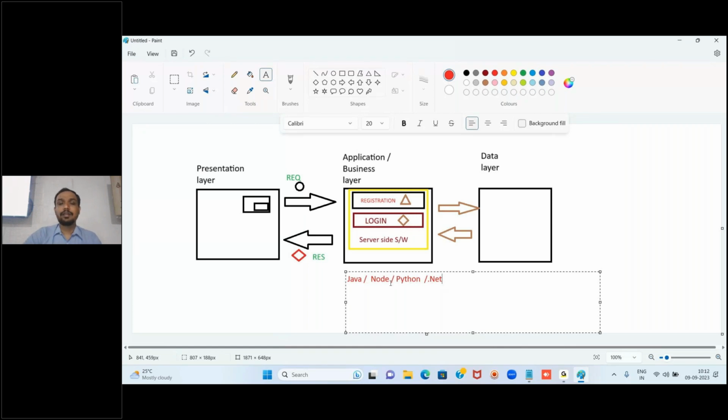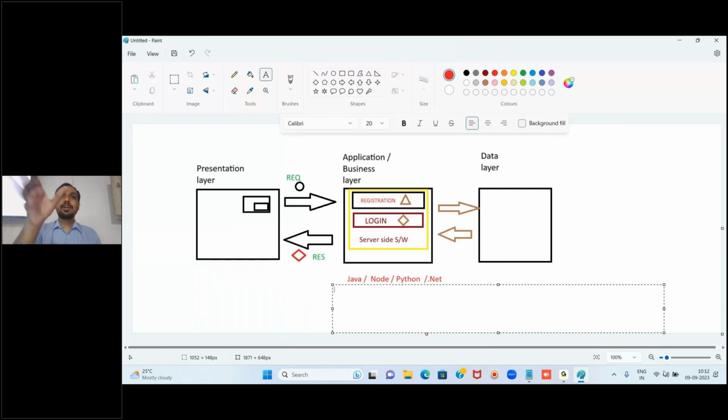But in real time scenarios, whenever we write code with any programming language, along with the programming language, we take the help of a framework. There is a word called framework. A framework is not a new language, it's not at all a language, it is just built on top of some other language. It helps a programmer. Let's say you are a Java programmer, you want to develop some server side program. If you use Java, yes you can do it, but with Java plus some Java related framework, your work will happen